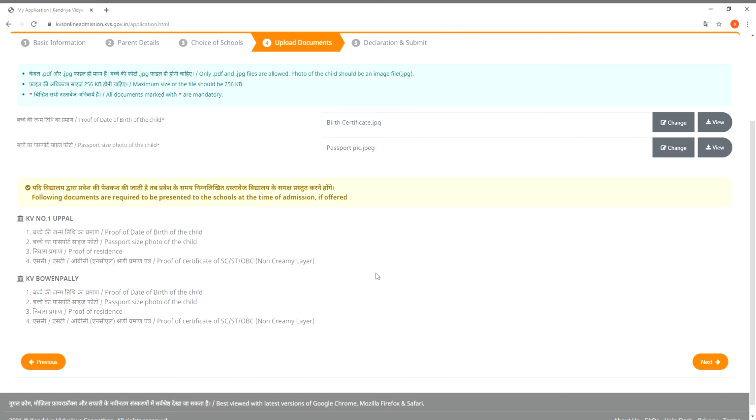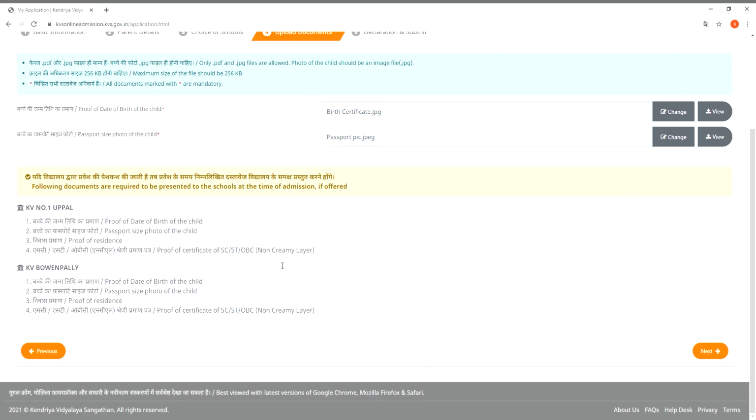Then the message appears saying file uploaded successfully. Click OK. You can now view the files which were uploaded. See here, the message is displayed that the following documents are required to be presented to the schools at the time of admission. Now click next.